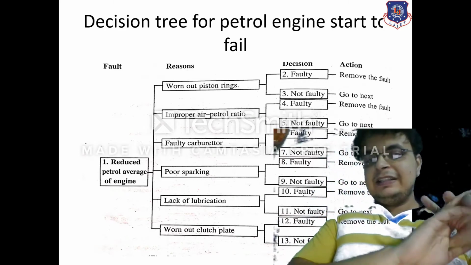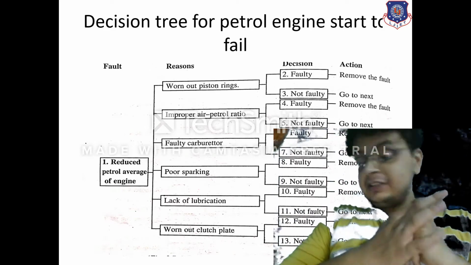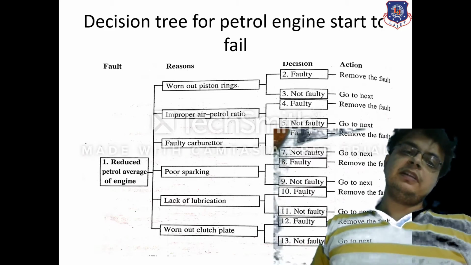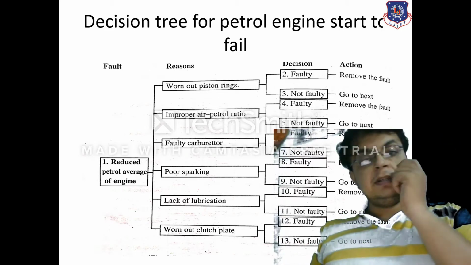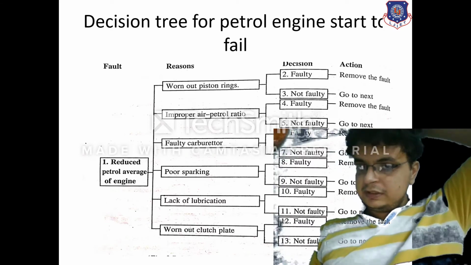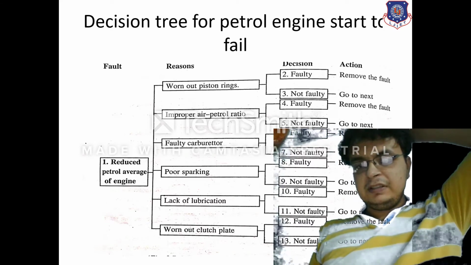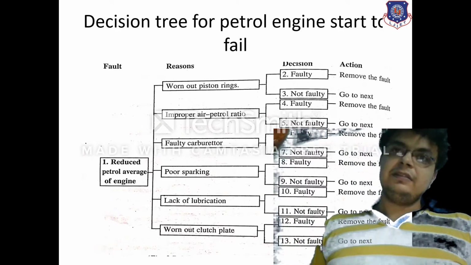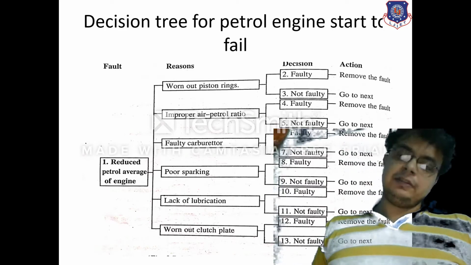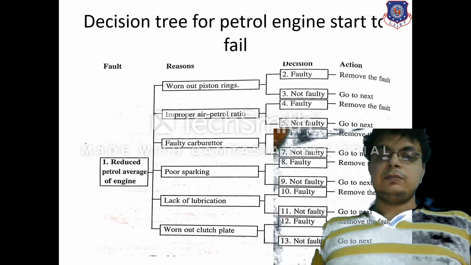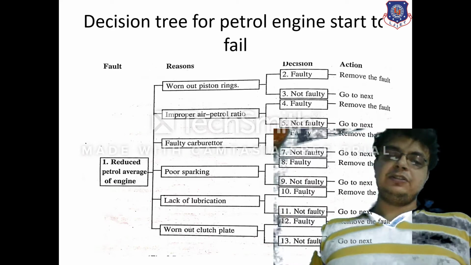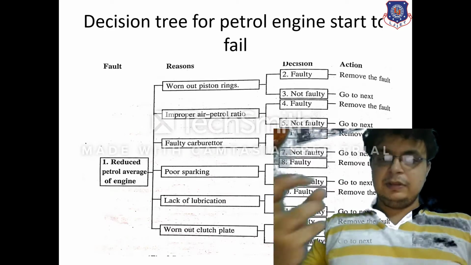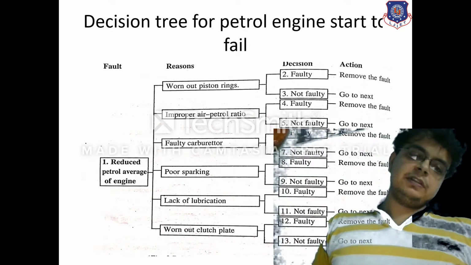So the fault is reduced petrol average of the engine. So it is the fault. So the reasons that can reduce the petrol average of the engine will be, first, worn out piston rings, improper air to petrol ratio, means we can say that more air is there, the ratio of air to petrol is not being maintained, poor sparking, lack of lubrication, worn out clutches. Poor sparking means the spark is not done properly, proper spark is not getting, and also the reduction in the average of the engine